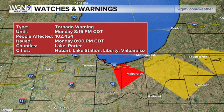Well, we have till 8:15. I think we're going to stay on the air until that expires. We do that 10-minute warning more, expires. Tim, it expires in 10 more minutes? 10 more minutes, yeah. And you notice that the cone is actually contracting in size as this storm moves into